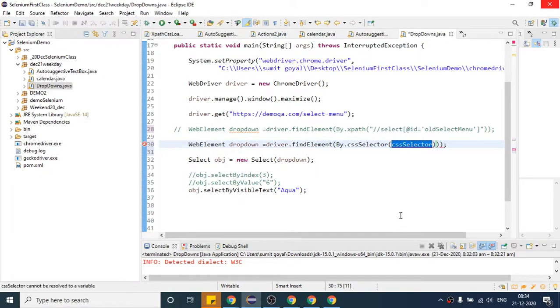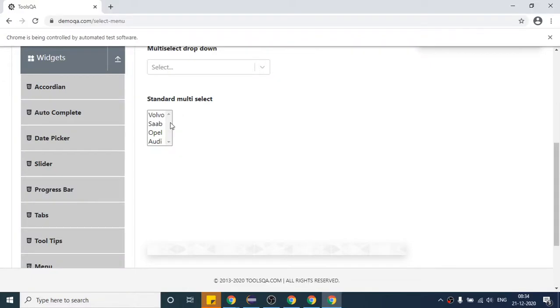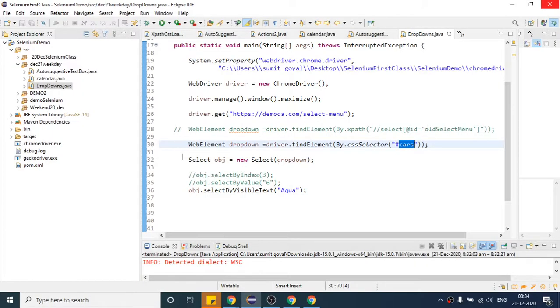Again, hash cars, I remember this is the CSS. Now again this is a web element dropDown, so I am passing it here, but this time it will identify this one, right? So there are again so many methods.